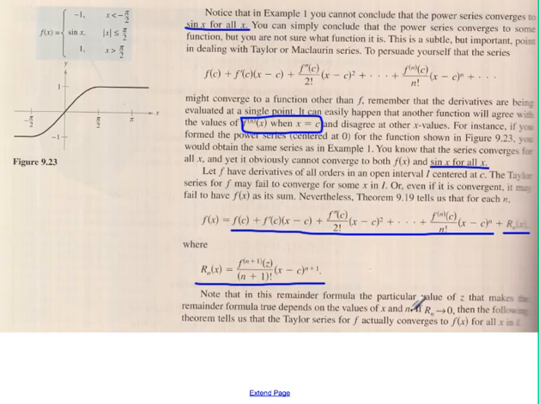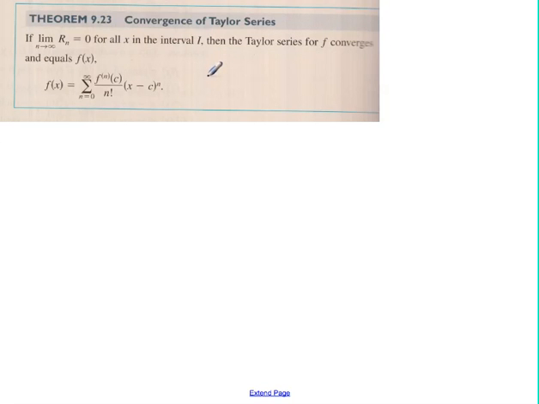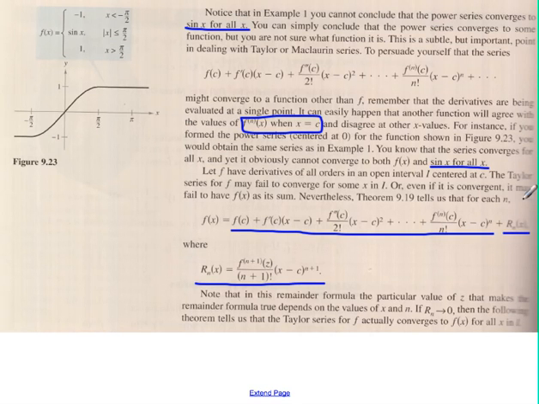What's key, though, is that if the remainder approaches 0, then we'll know what our Taylor series actually converges to. That's kind of what we're hoping for. So here's what the theorem says. It says if the limit of that remainder term is 0 for all the x's in the interval that you're concerned with, then the Taylor series will actually converge to the function. That makes sense, right? This is a very simple statement. If the limit of this term goes to 0, then f of x, well, I should say the Taylor series,